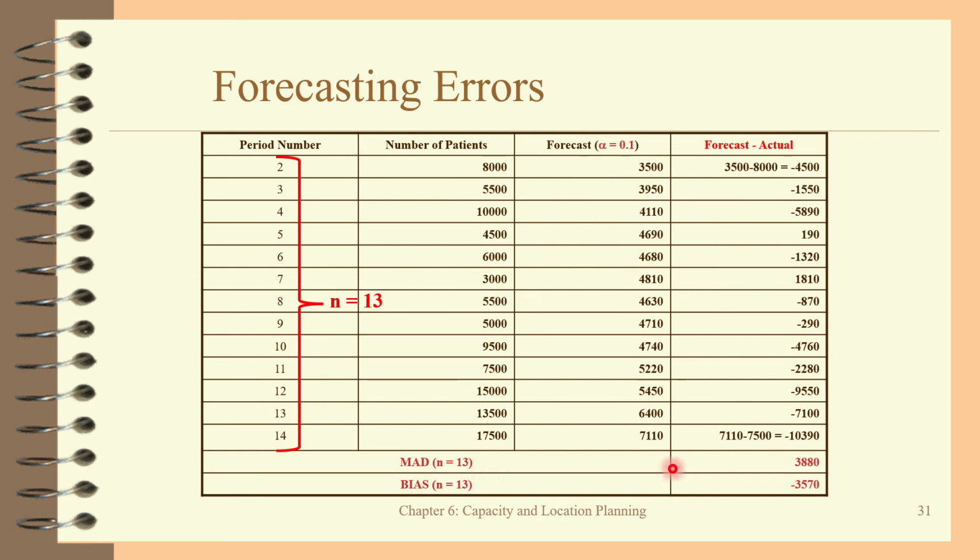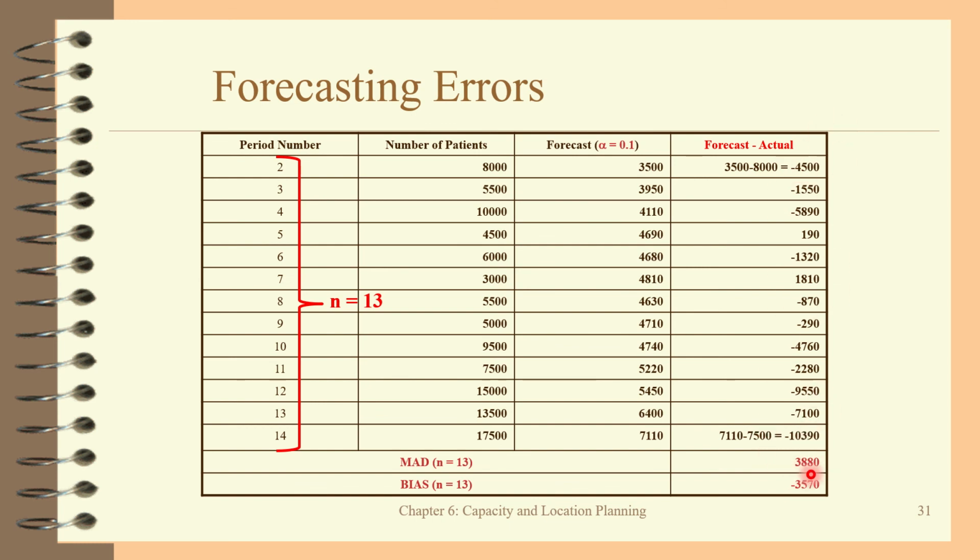And for MAD, you just use the positive data, that is 4,500 plus 1,550 plus 5,890 plus 190 until 10,390. Okay, just use the positive data format